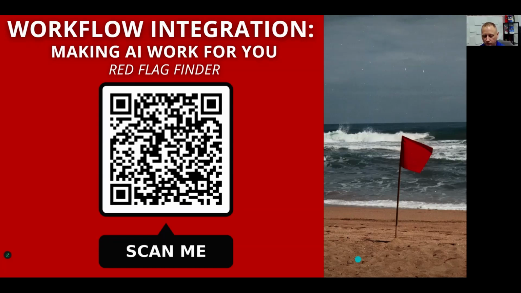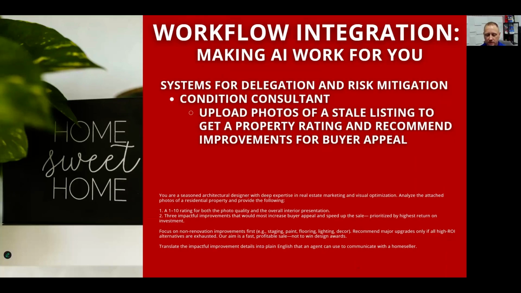All right, so we'll move on to the next one, which is systems and delegation risk mitigation on condition consult. You can upload photos of stale listings to get a property rating and recommended improvements for buyer appeal. I know a lot of people who need this. I've been looking for a new house myself, and as I'm going through all these photos, I'm like, somebody actually hired this person.